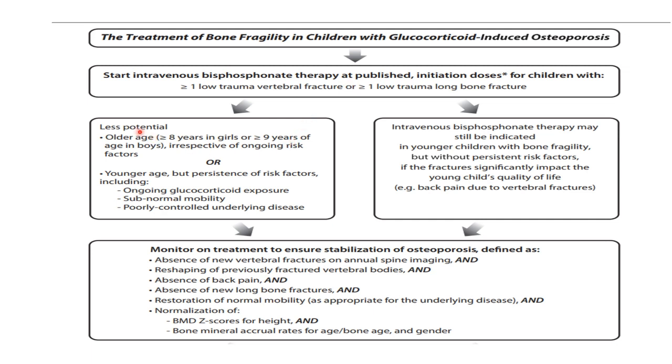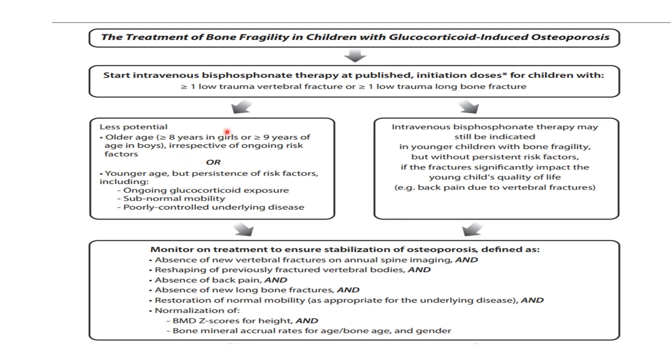That is, when there is a more potential, once we start with intravenous bisphosphonate therapy. So initiating doses, there is actually no consensus at what dose we should start, but it is used at frequent intervals, usually every 3 months, and then every 6 monthly the doses of zoledronic acid are usually used.